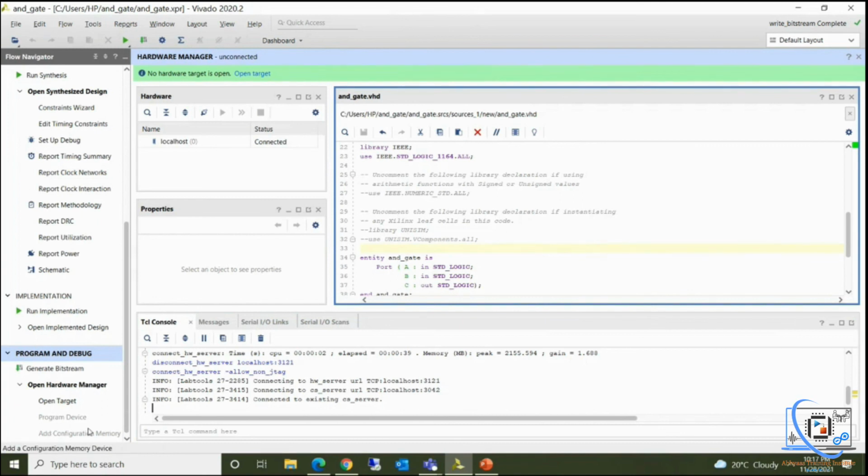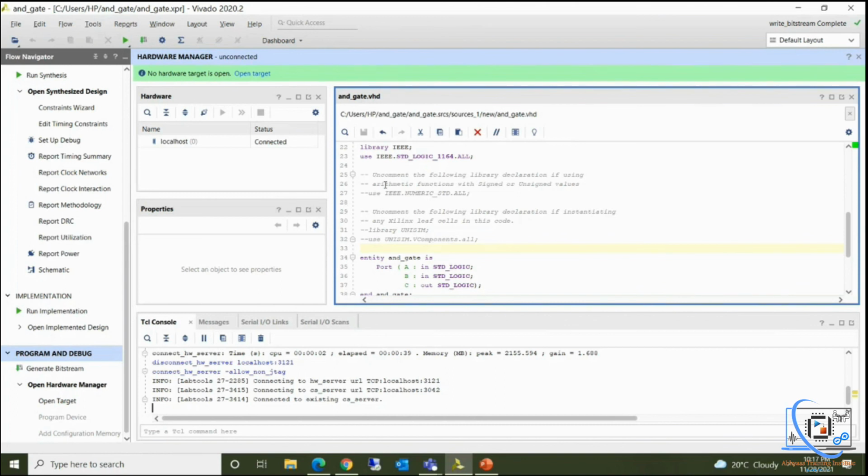This Program Device option will open a window that will ask you to select the .bit file. You have to select the .bit file which you have recently created. It will be auto populated. You don't have to select it from anywhere. Then you click OK. The Program Device option will download this .bit file to your FPGA board.